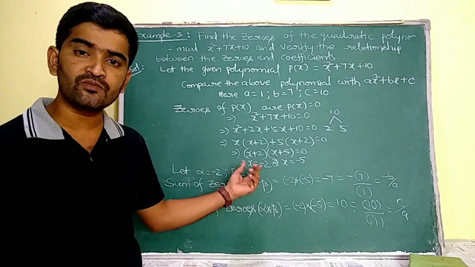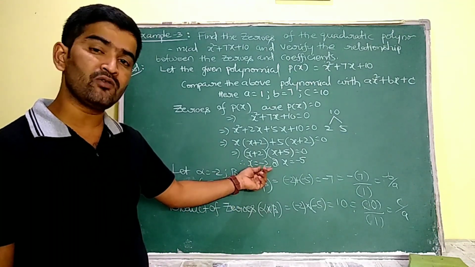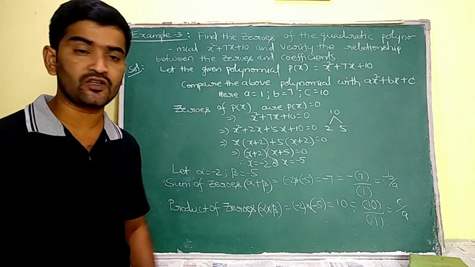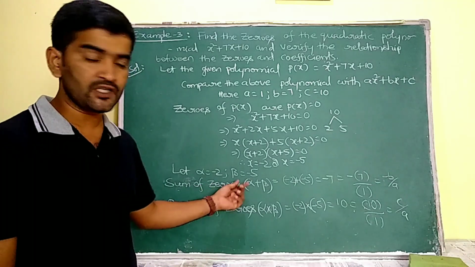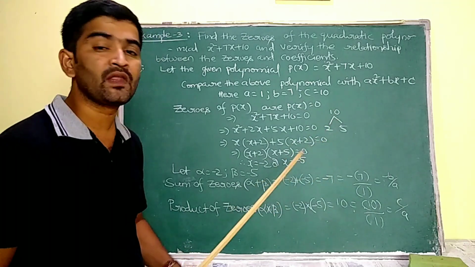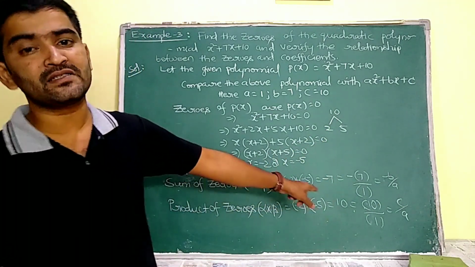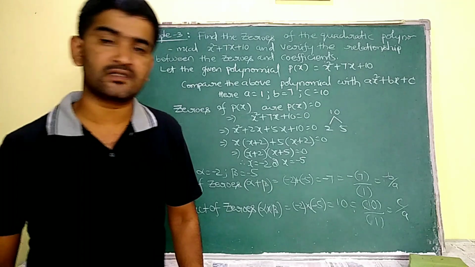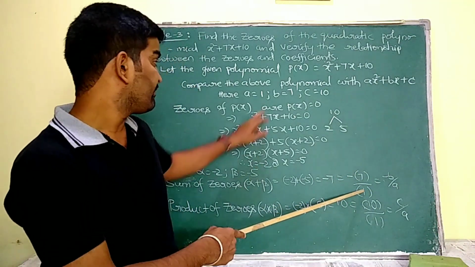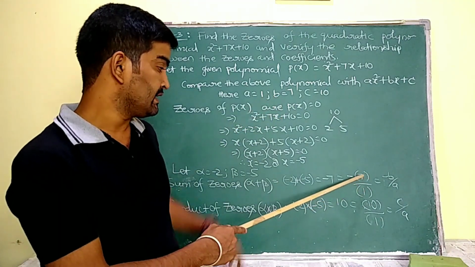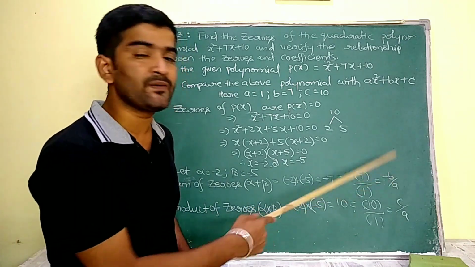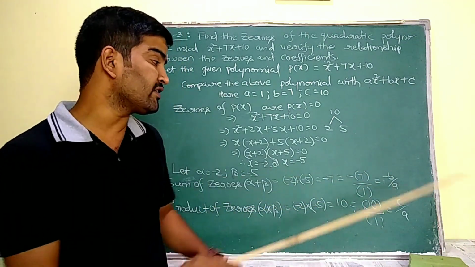That is why I am going to assume those zeros, one value as alpha and another value as beta. So let alpha be equal to minus 2 and beta be equal to minus 5. Therefore the sum of zeros: minus 2 plus minus 5 is minus 7. Now I have to check whether this minus 7 is equal to minus b by a or not. So minus, write the empty bracket for b and the empty bracket for a. Fill the b value 7 and a value 1. Minus 7 by 1 is nothing but minus 7. So this value is minus b by a. So the sum of zeros is equivalent to minus b by a.